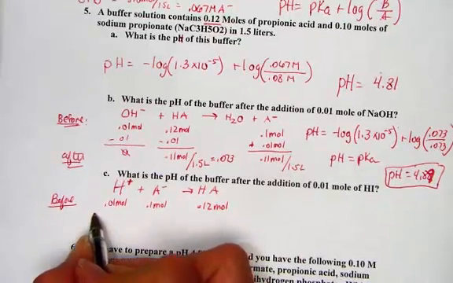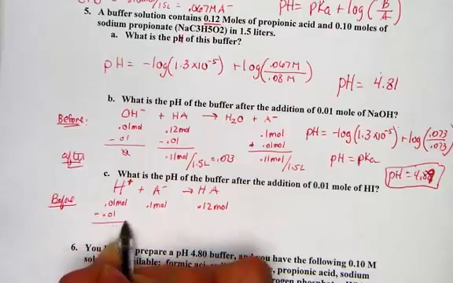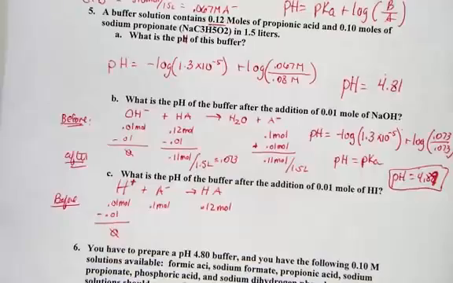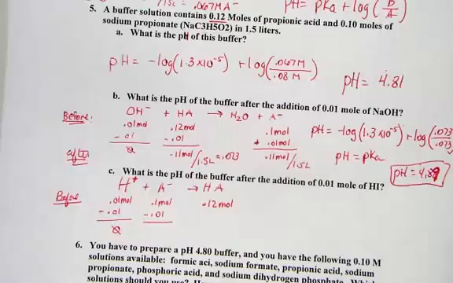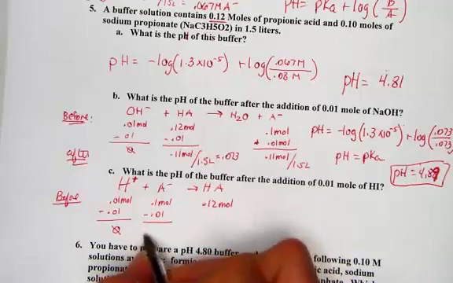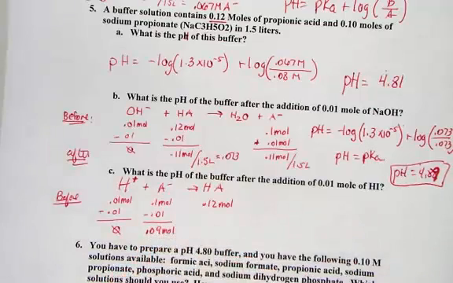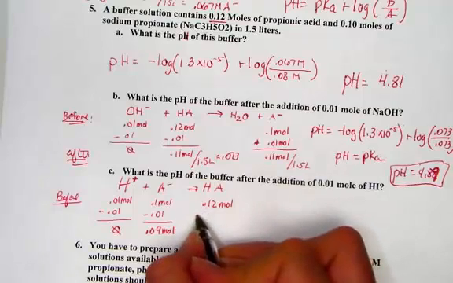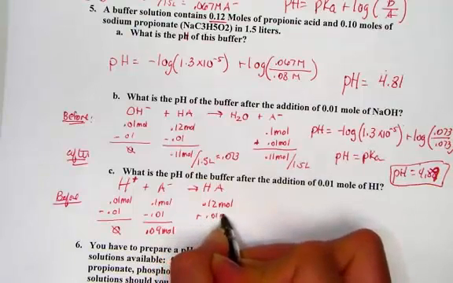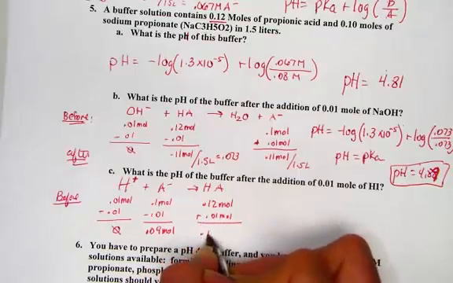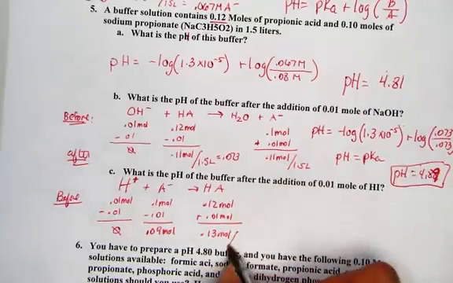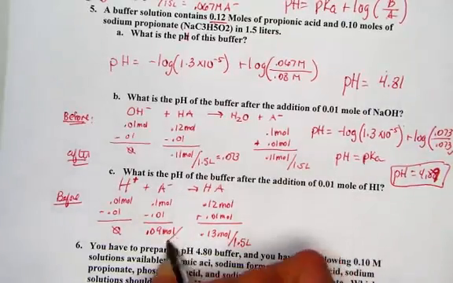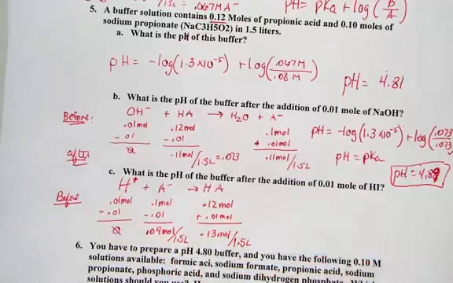Reactants get used and products get made. The hydrogen ion definitely is the limiting reagent and will be left with zero value. It will also consume 0.01 moles of the initial 0.1 mole of the conjugate base. 10 minus 1 is 9, so 0.09 moles of the conjugate base are left over. And products get made, so we're going to be adding 0.01 moles to give us a new value of 0.13 moles in our new solution. Remember that when we use Henderson-Hasselbalch, it has to be molarity units, so remember to divide by that original volume